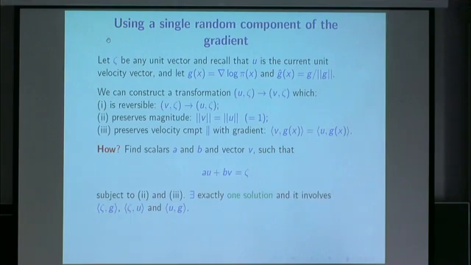Yeah, exactly one solution. Unsurprisingly, what I need to know is the component of zeta in the g and the u direction, and the component of u in the g direction. So I need to calculate this and this, which is 2 evaluations of the derivative, not d evaluations of the derivative. Okay?